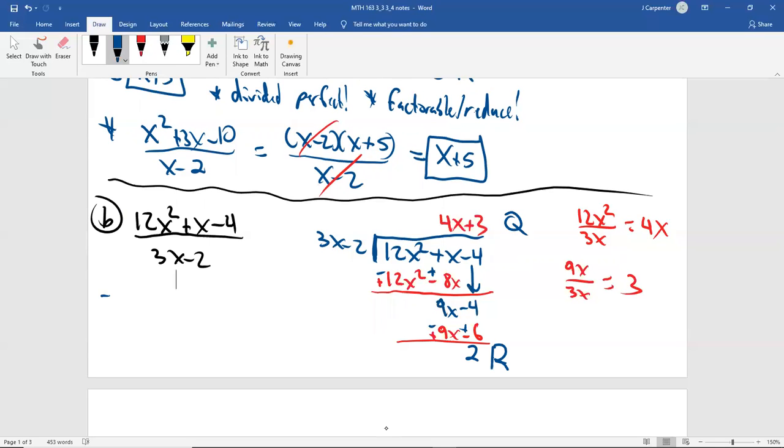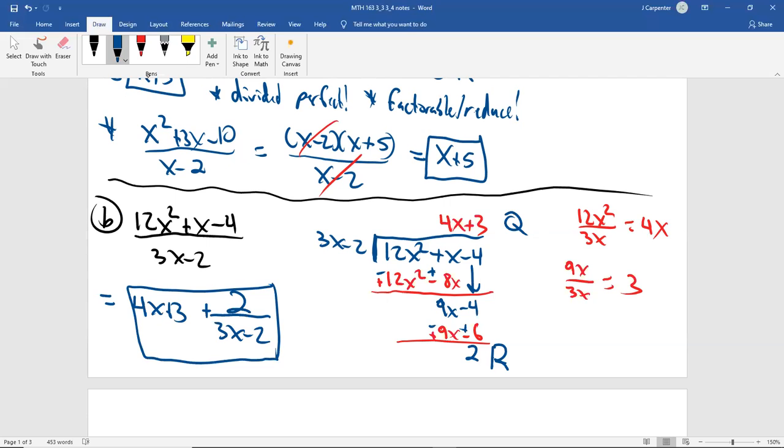So that says our answer goes quotient plus remainder over the original bottom. So 4x plus 3. Now that's a positive 2. If that had been a minus, then I'd just go a minus after that, or plus negative. That would work too. But this is plus 2 over 3x minus 2. That is the answer. This answer is not as special as the previous one because the remainder was not 0,